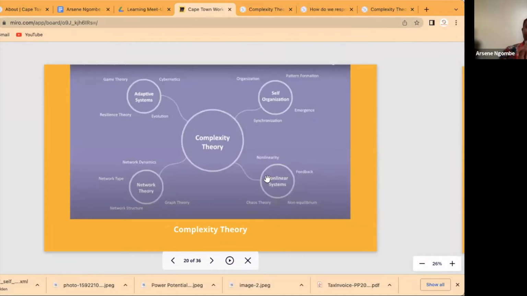So we are not taking a particular system and breaking it down. That's not what we are going to do here, right? We're just looking at systems in general. If we start here, we're starting with the concept of complexity theory, how it emerged, and how it moved from self-organization and going further down to become more non-linear systems, and the relationship of the parts and how they interact in that process, and how it emerged to create what we call network theory and move to adaptive systems.